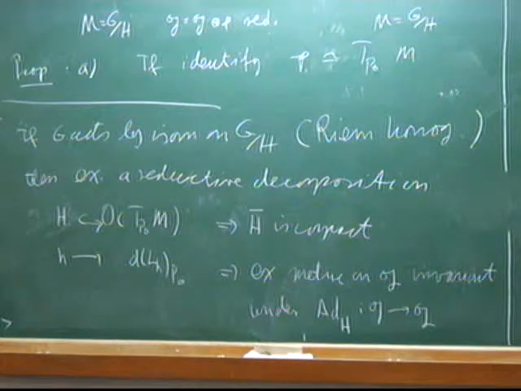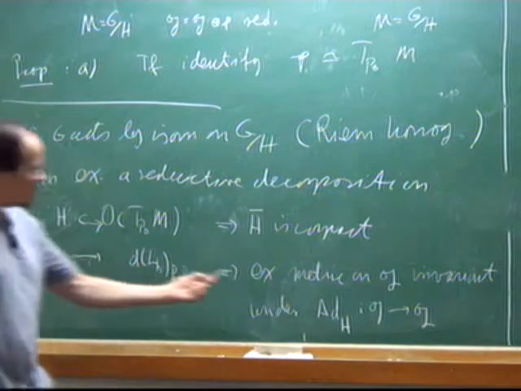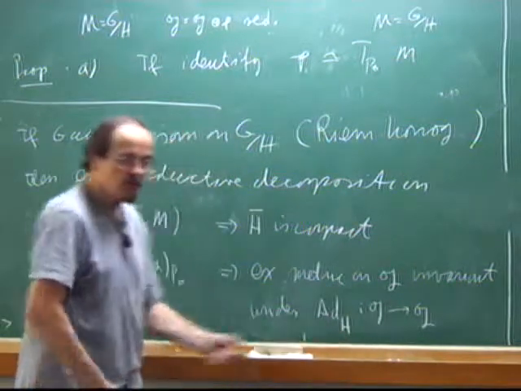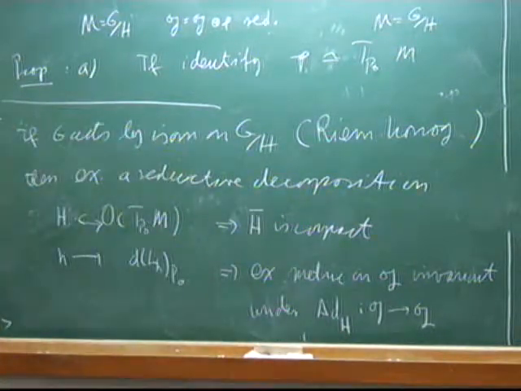If H is compact, that will be obvious, right? Take any inner product on the Lie algebra of G and average over the group H. If it only has compact closure,